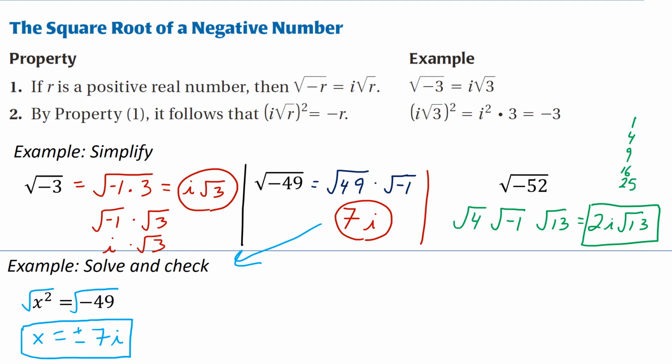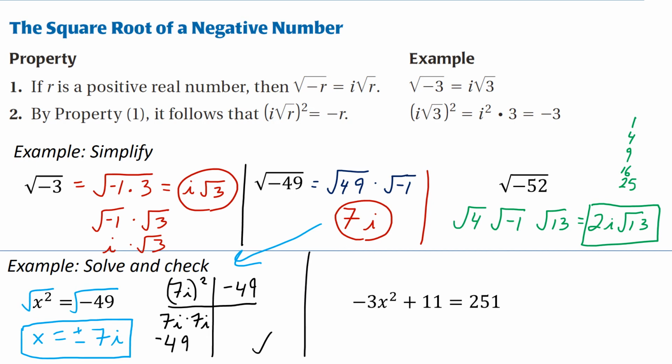I will do a quick check for this one. You could check both. I will check 7i, and I will square it. And I want to see if it equals negative 49. Well, 7i squared is 7i times 7i. 7 times 7 gives me 49. And i times i, which is i squared, gives me negative 1. 49 times negative 1 is negative 49. So that indeed is